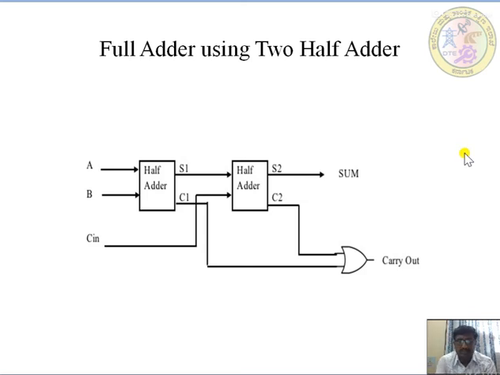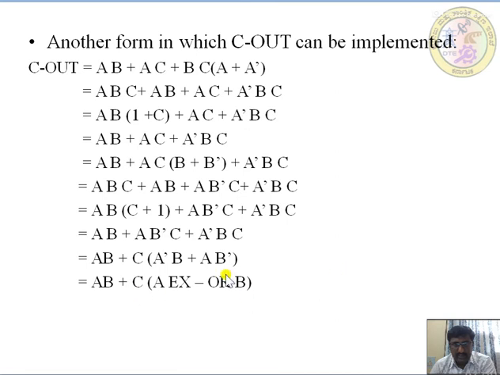Okay, see here, this is the full adder using two half adders. So whatever people have been designing is a full adder using two half adders. Okay, so the first half adder is half adder AB, and I am getting the sum and carry. The sum acts as the input to the next half adder along with Cin as another input. So directly I get the sum as the second half adder output, and C2 along with C1 is ORed together. This is the expression they have taken.